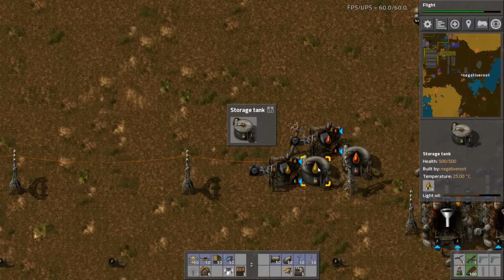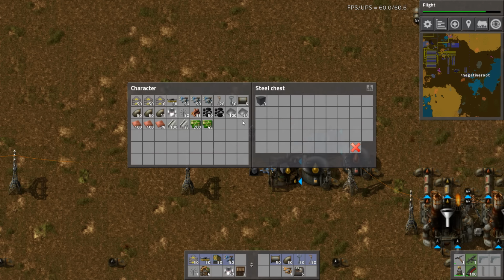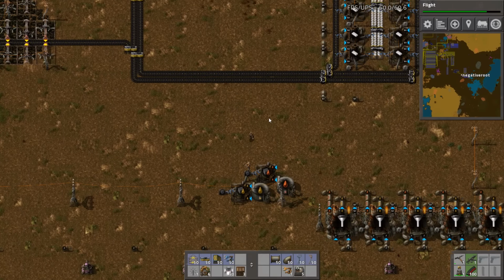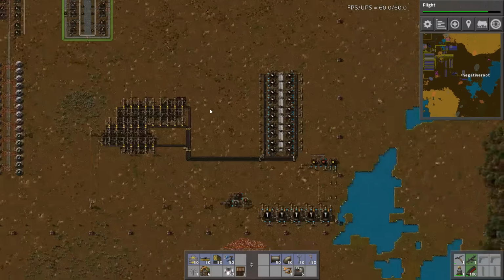And this is just gonna put a bit of a drain on these tanks, and it's going to give us lots of solid fuel, which we can use later for rocket fuel. It's just a little shitty thing. Right,